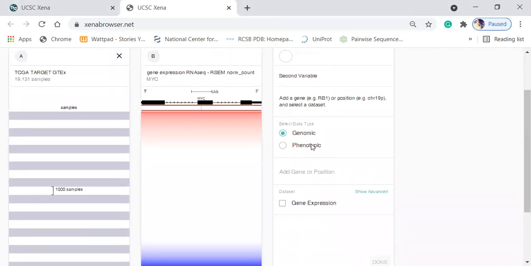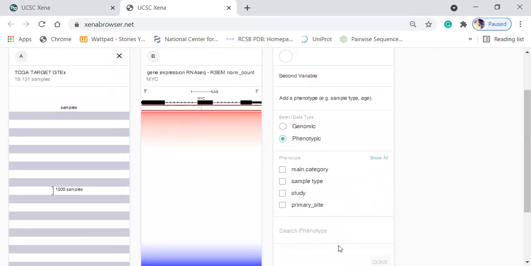Here, let's choose phenotypic and click on done.